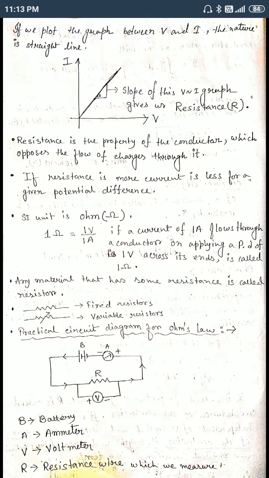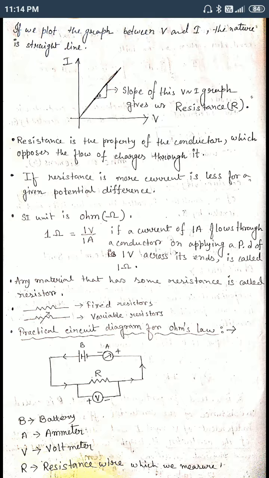Okay, and I think many of you in class 10 also had this practical. When you have some data about potential, that is V from the voltmeter, and some I from the ammeter, if you plot the graph, you see that theoretically and practically it does not match. Theoretically we say that it is a straight line passing through the origin, but when you do the practical you see that all points are not coming in a straight line.